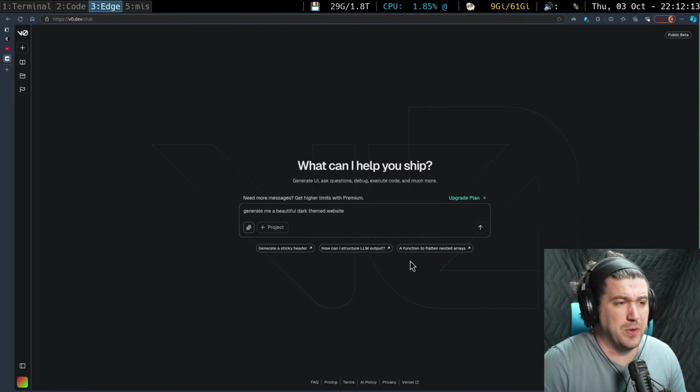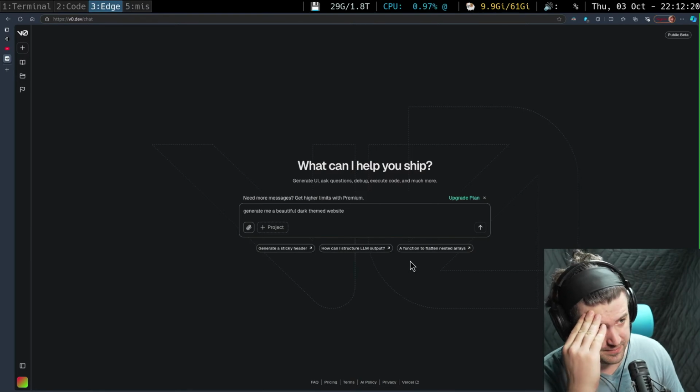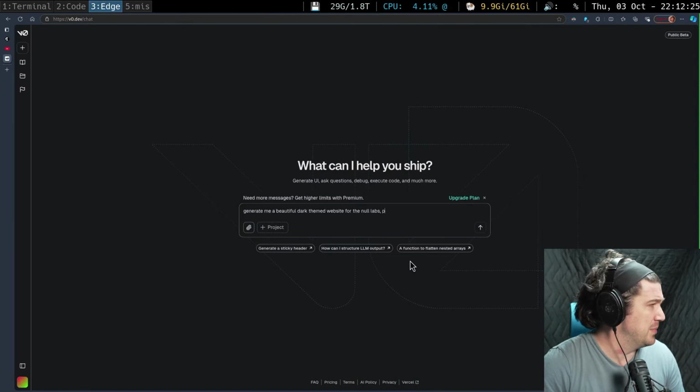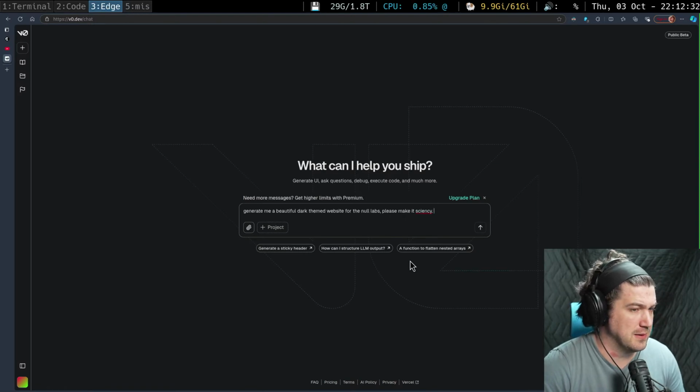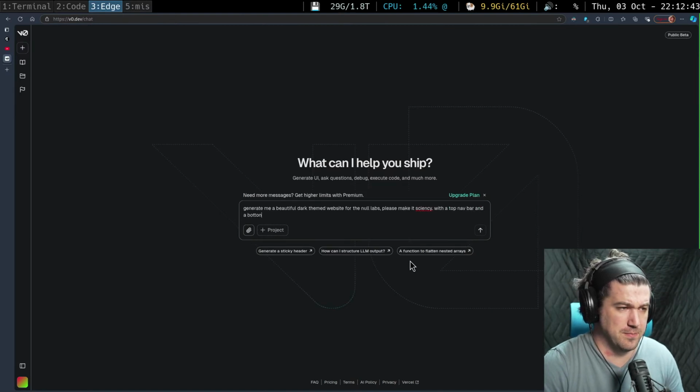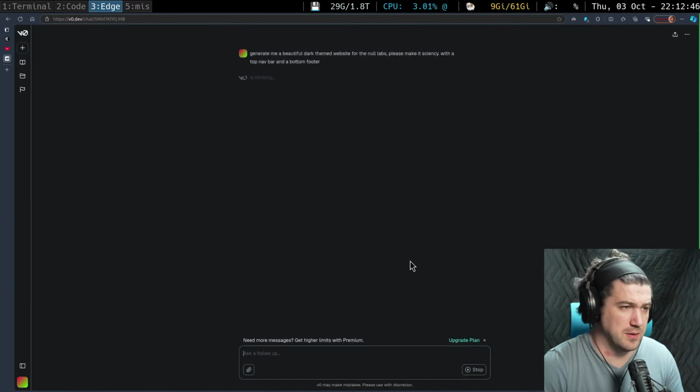Okay, so beautiful website. I got sidetracked. For the Null Labs, please make it science-y, with a top nav bar and a bottom footer.